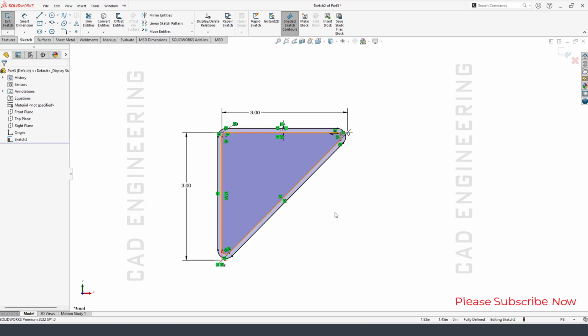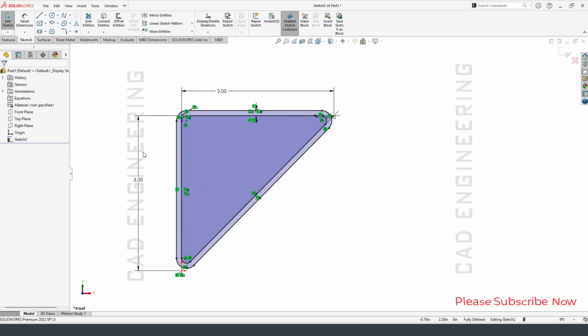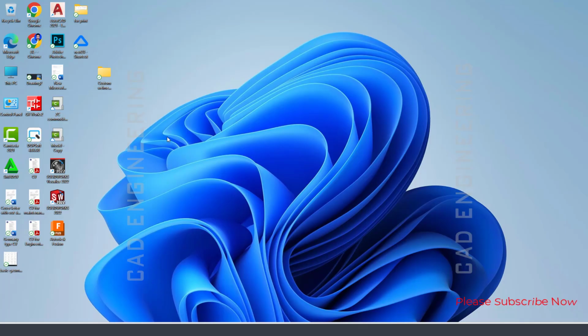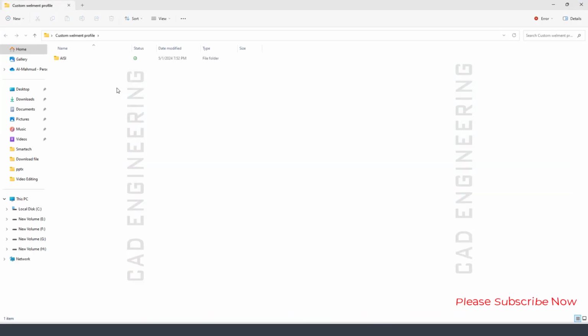Before saving your custom weldment profile, make sure of the custom weldment file. There are 3 types of folder: A, I, SI. Then click OK, go through and right triangle, then it is saved here. So now